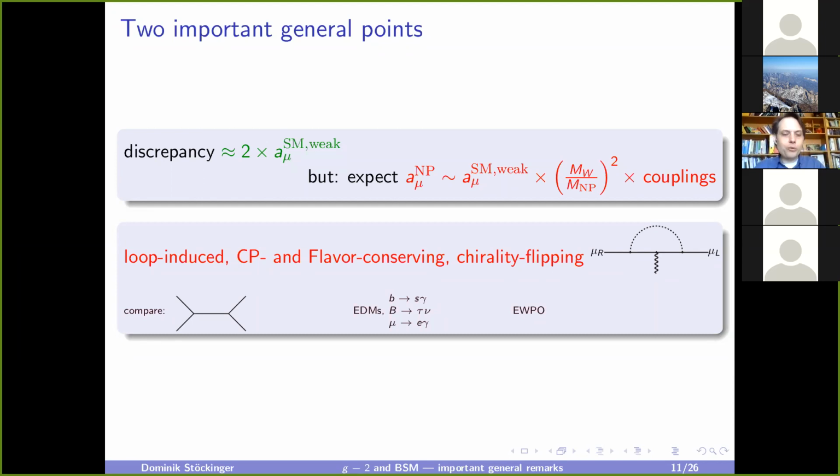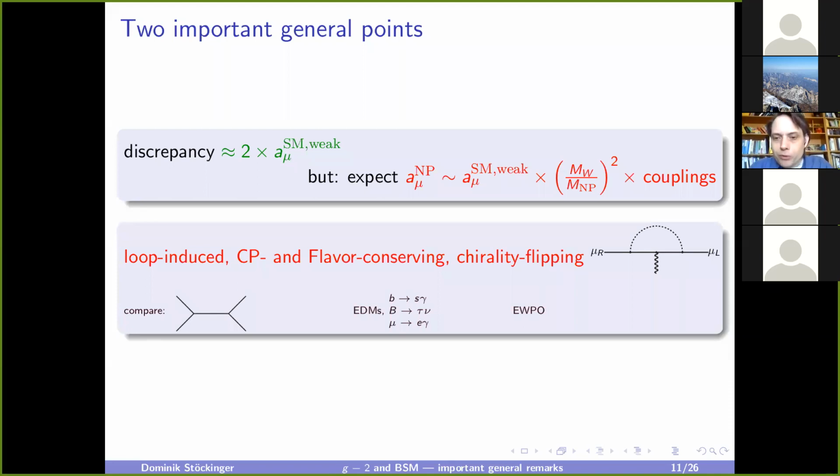The energy needs to be sufficient. The detectors need to be able to detect the final states. This is not always easy. CP and flavor conserving means that g-2 is complementary to many other observables. It's a dipole observable, and many other dipole observables like EDMs violate CP, or mu to e gamma, b to s gamma violate flavor. And so, of course, it's conceivable that physics beyond the standard model does not break CP or does not violate flavor, and then it would easily contribute to g-2, but not to those other observables.